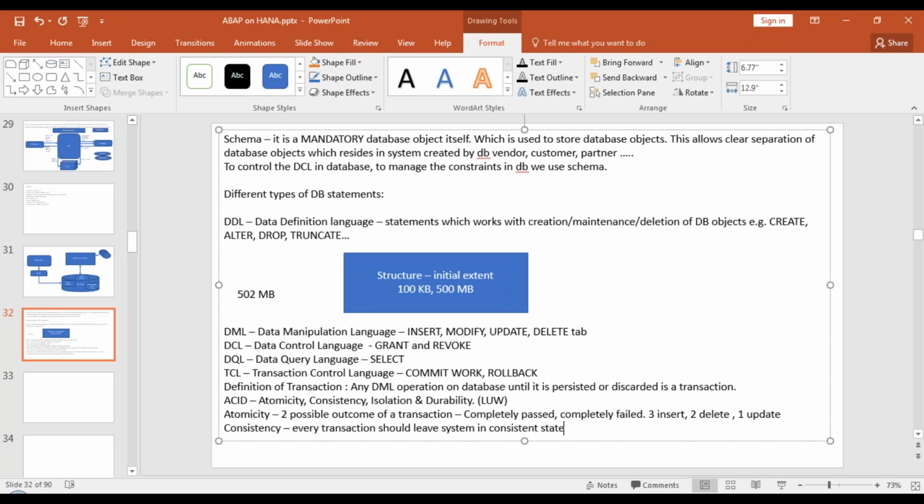Should not. Of course. The department does not exist, so how can the employee come in? First the department will come, after that the employee will come, right? That's called consistency. It should not leave your database in an inconsistent state. That's basically fulfilling